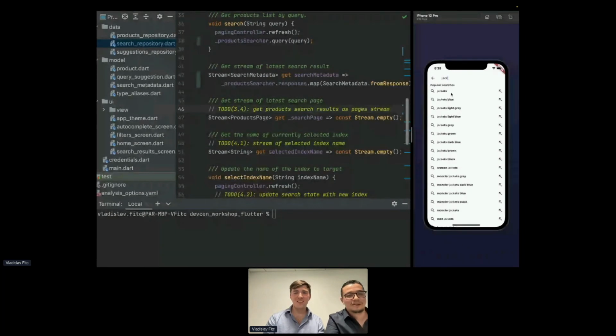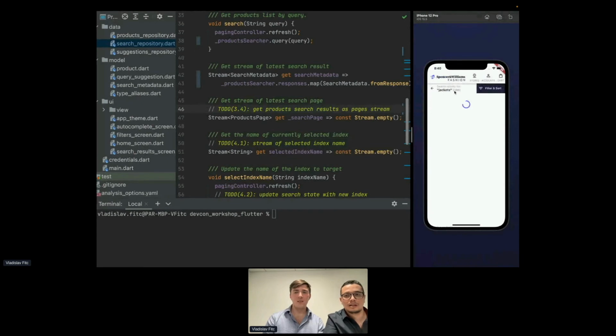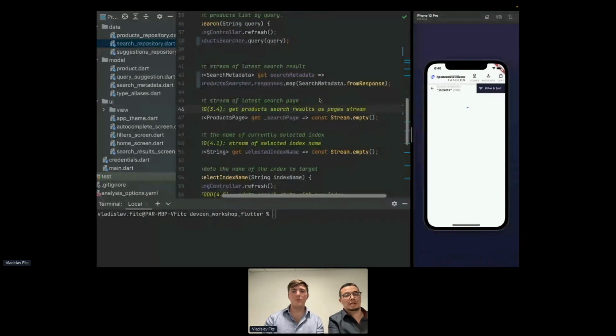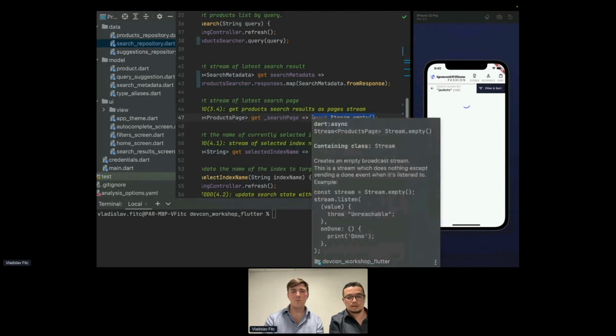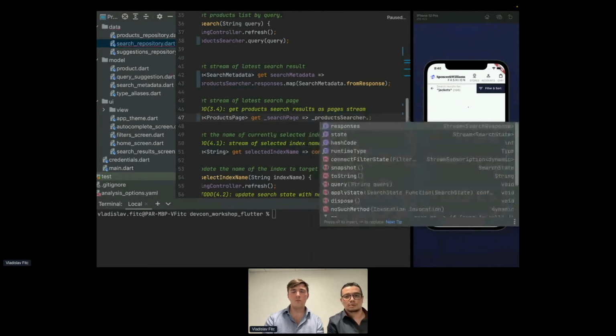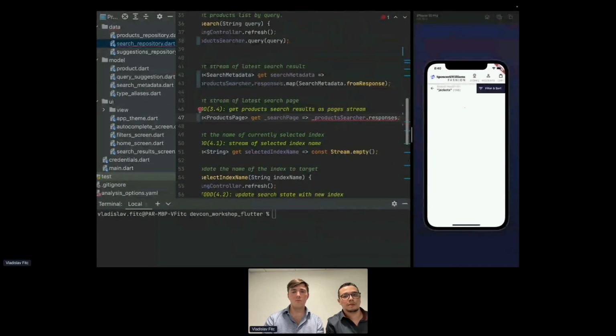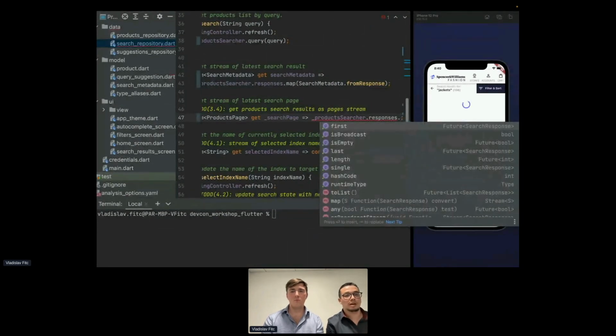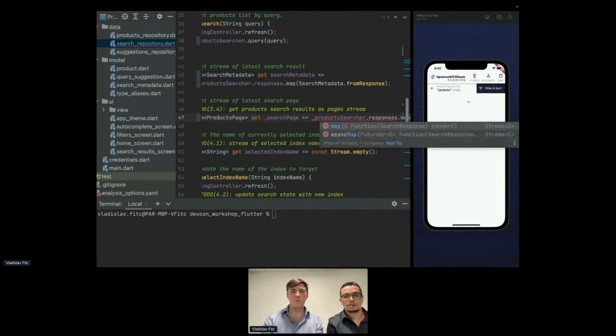So we have jackets. We have the autocomplete working as always. We click right here, and as you can see, we have our query displayed and the number of hits. We don't have the list of products just yet, so let's do that. Of course, the list of products lives in the responses that we will get from Algolia. So let's just use the same searcher again. Since the responses stream is a broadcast stream, we can listen to it multiple times without an issue. So let's do that. Map